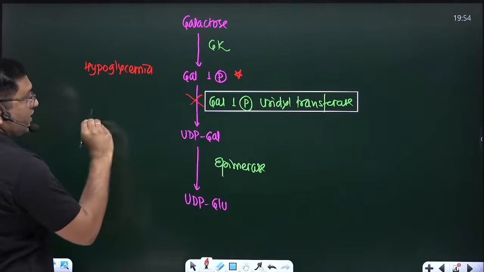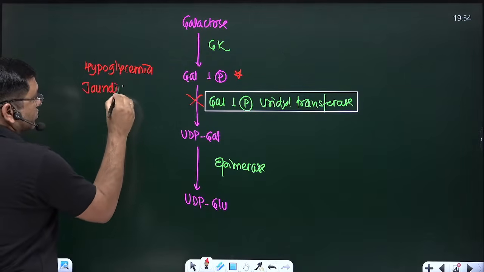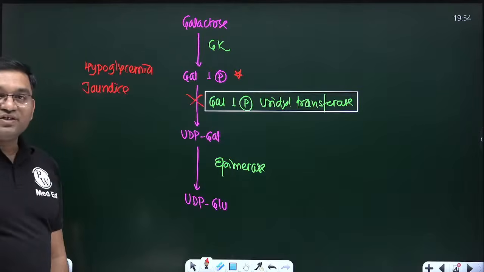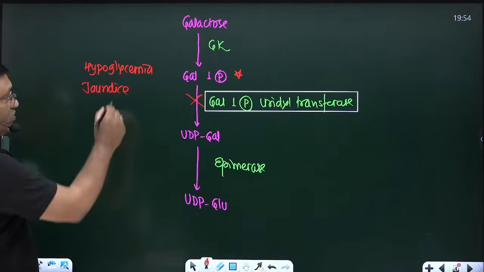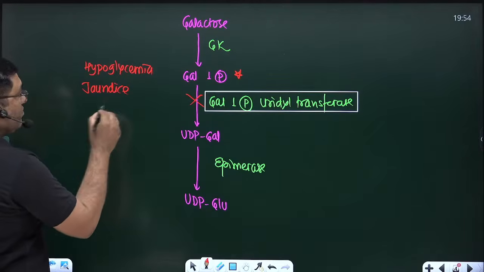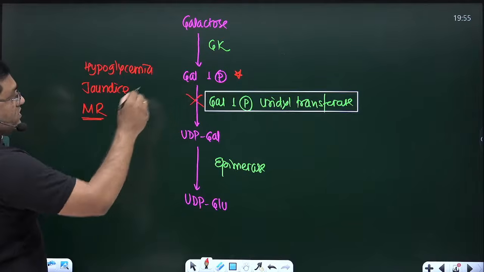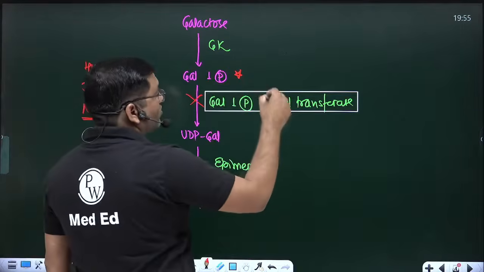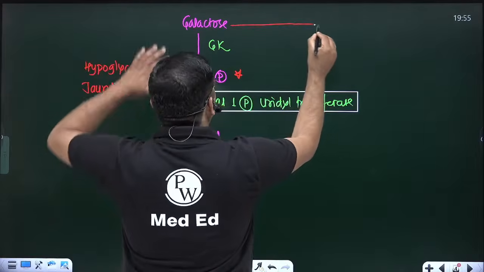Hypoglycemia. Then the jaundice. Accumulation of galactose 1 phosphate in the liver decreases the uptake of bilirubin by the hepatocytes. So jaundice is there. Then mental retardation in the brain. So in deficiency of galactose 1 phosphate uridyl transferase, this galactose is diverted, and it is excreted in the urine,